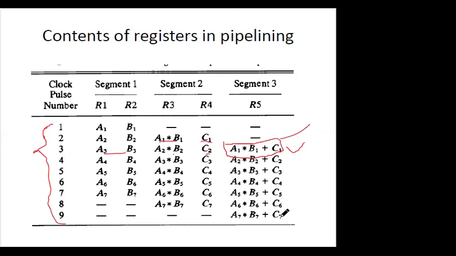So at this point of time, we can say that the pipeline is loaded. At the third cycle, your pipeline is completely filled. And from which point does it begin to vacate? It begins to vacate from the seventh cycle. So as we can see, the pipeline starts to drain from the seventh cycle. Subsequent stages involve multiple operations taking place simultaneously in this case.